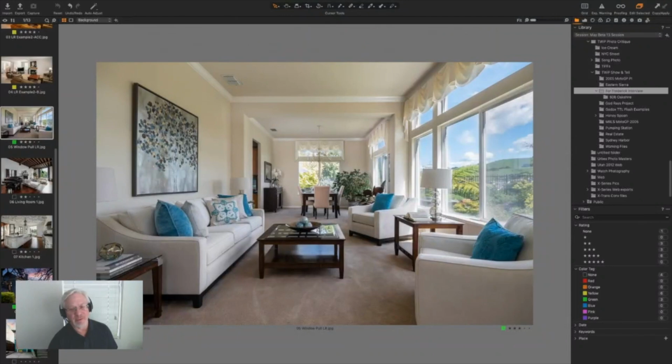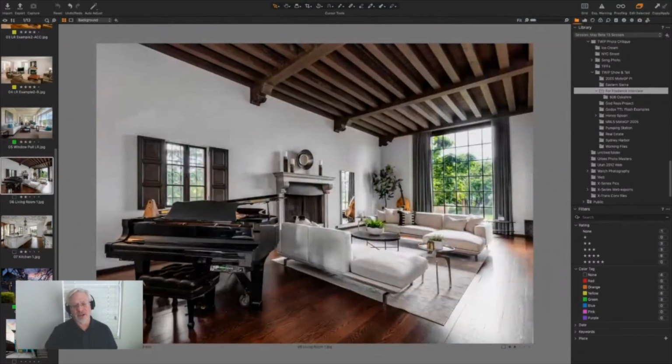I'm going to go to another photograph here, a beautiful mansion that I shot in Oakland last year. You can see out the backyard, out the main window in the living room there, and also outside the piano, right? And they had a beautiful yard with a pool outside this living room. And you want to show, again, the best parts of the room and the room at its best. And so window pulls might be an area where Luminar can explore how to do this more easily for customers,